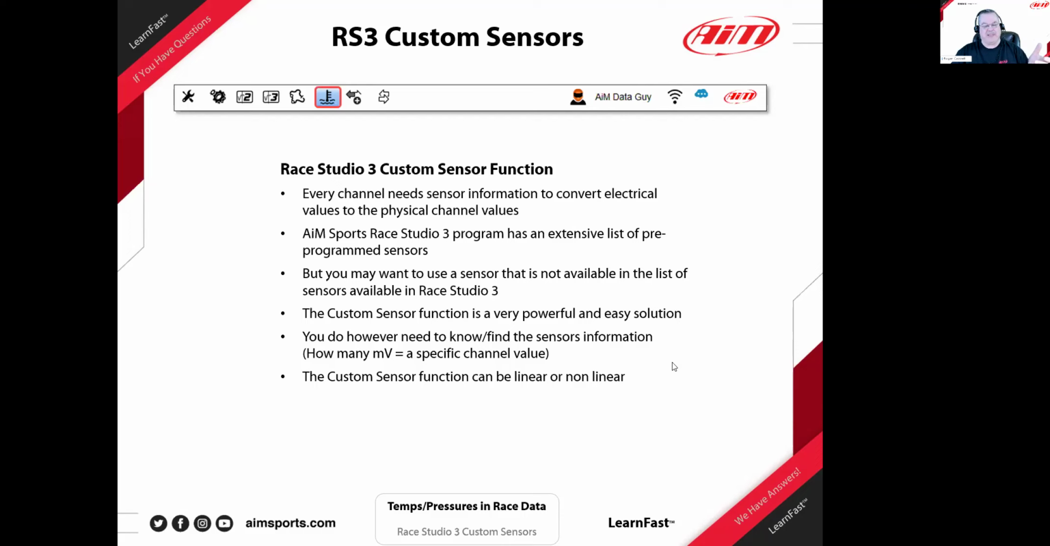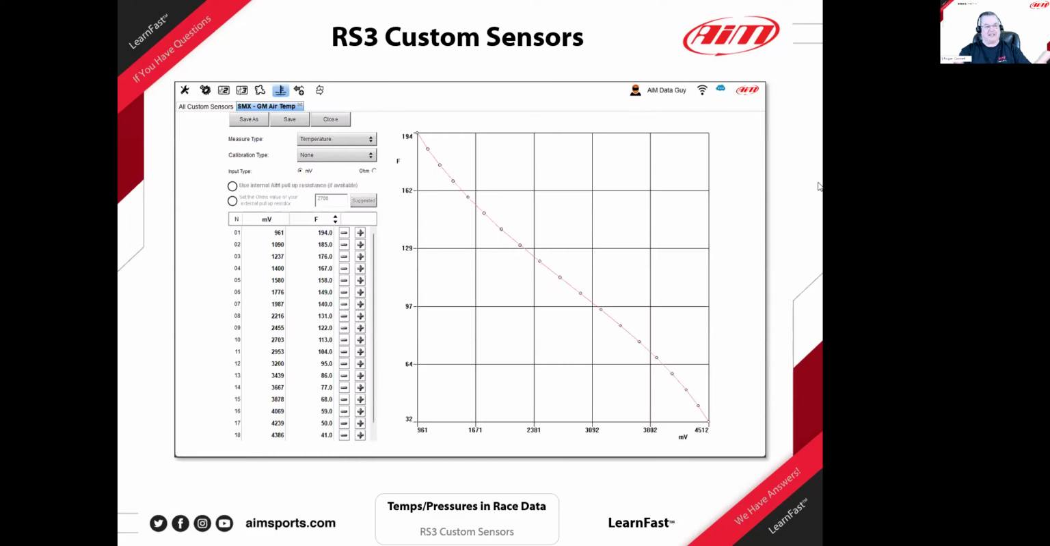You do need some information for that. When you get the sensor, there will be a little paper in there, or a link to go grab the information, and you need to know on that sensor how many millivolts equals this pressure. Talking about pressure sensors, it's either going to be linear, or non-linear with a lot of data points, or it's going to just tell you at 500 millivolts it's 0, and at 4500 millivolts it is 150 psi. And then you will use the custom sensor function that looks just like this,